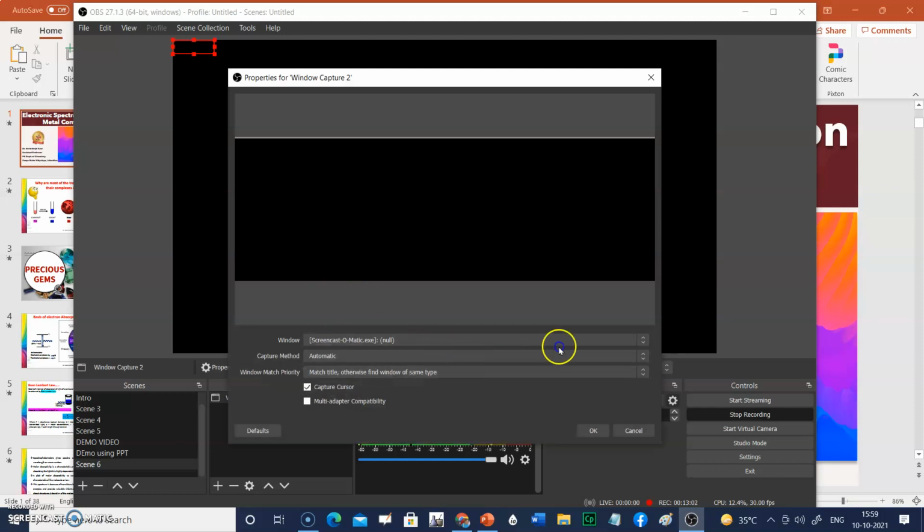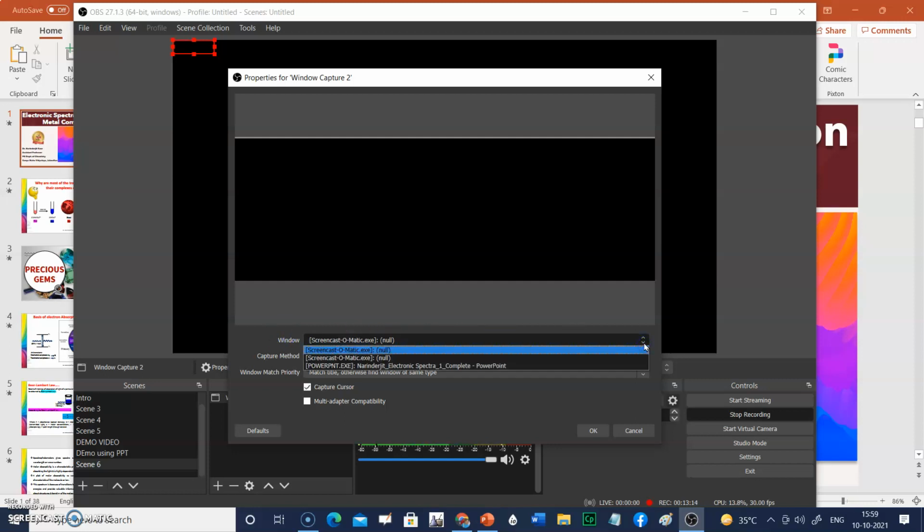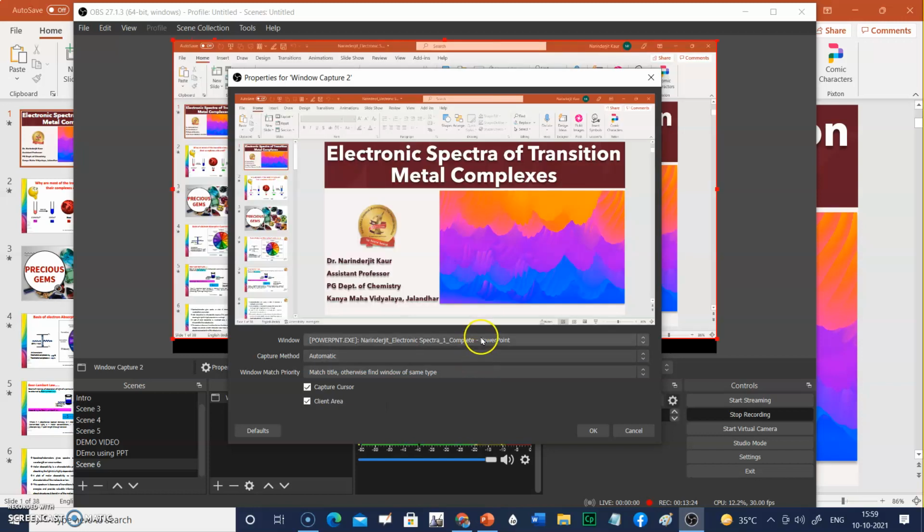When you click on OK, a new window will appear, and in this option window, right, click on this drop down arrow and choose the PowerPoint which you have opened, right? So click on here. See, now this PowerPoint is visible on OBS.